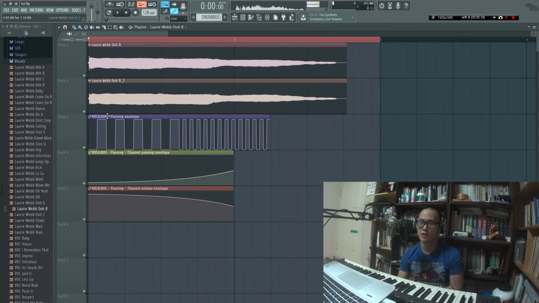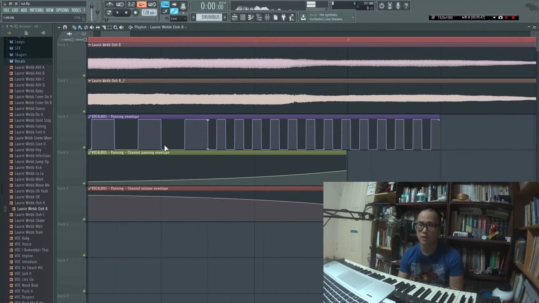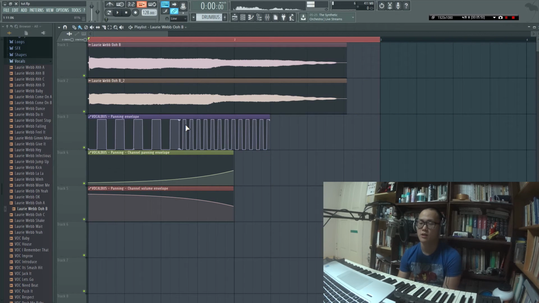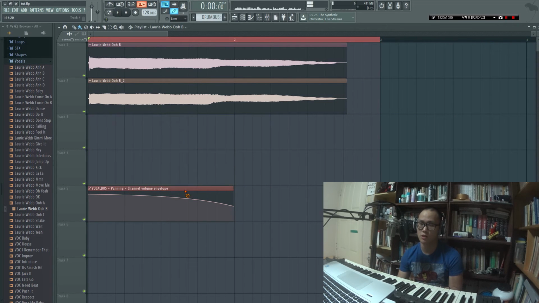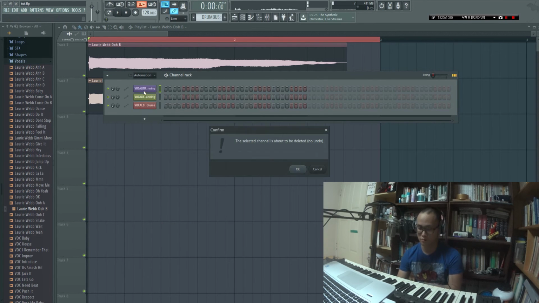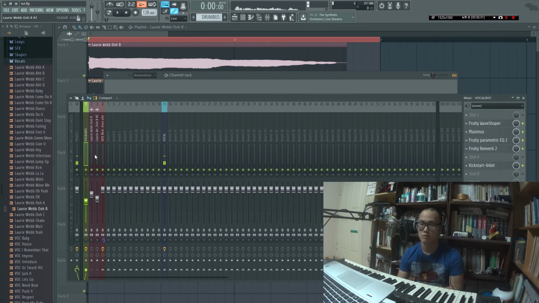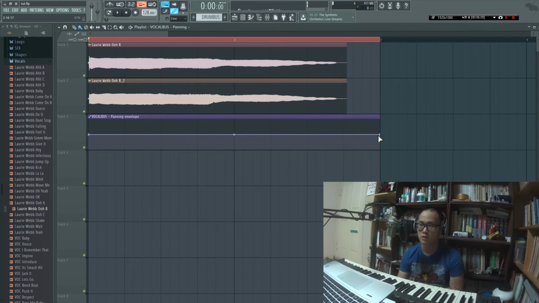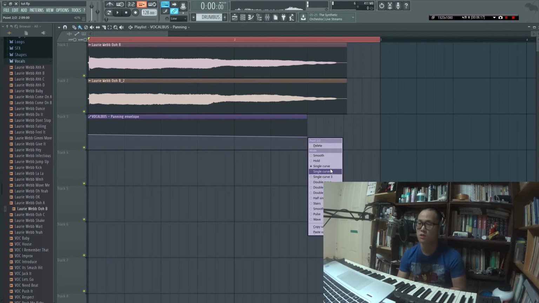And then another thing that I did is I added panning right here. And if you guys don't know how to make this, this is really simple to make. I'll show you guys from scratch what I did. I right-clicked right here on my vocal bus, create automation clip. This comes up, right? What I did is I dragged it to wherever it was necessary, and then instead of this is by default